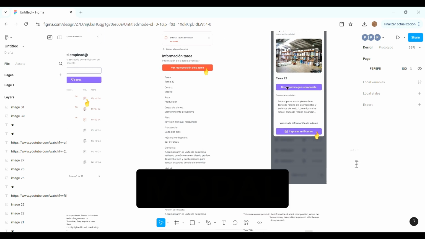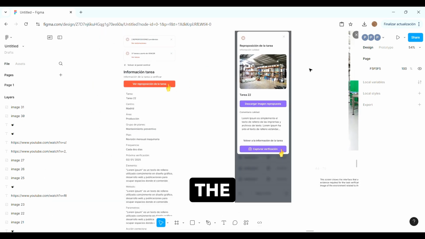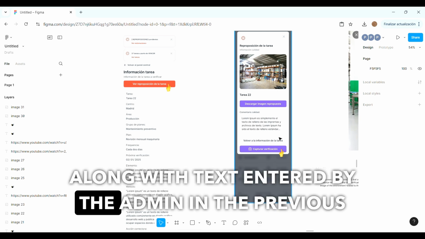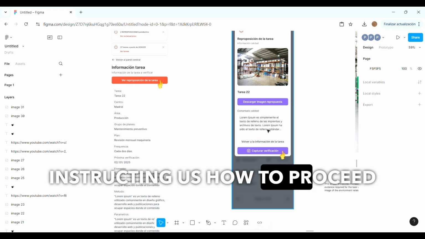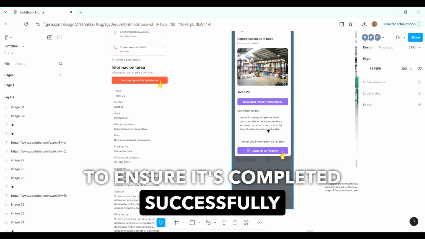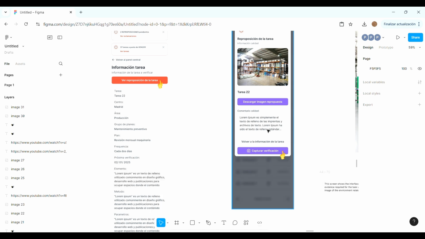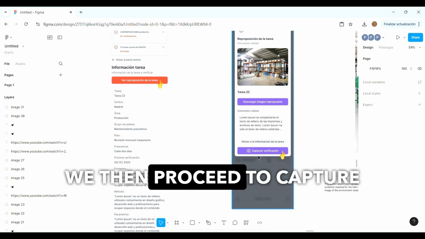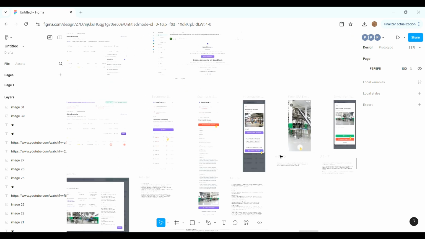Clicking it opens a modal with the preloaded correction image to successfully complete the task verification, along with text entered by the admin in the previous modal, instructing us how to proceed with this verification to ensure it's completed successfully and to the satisfaction of all parties. We then proceed to capture the verification by clicking the Capture Verification button, which opens